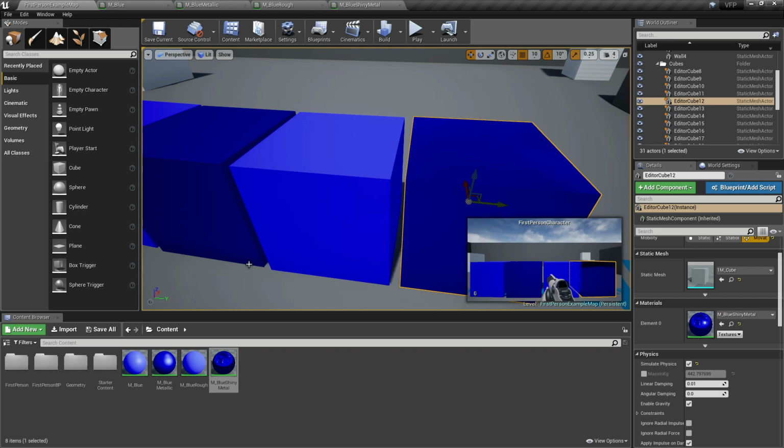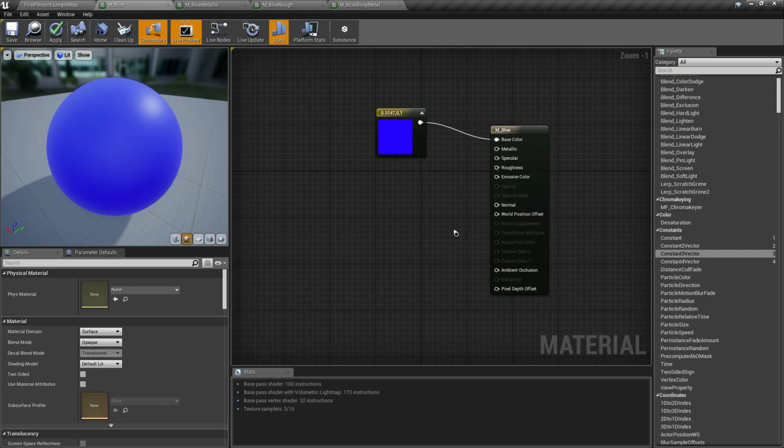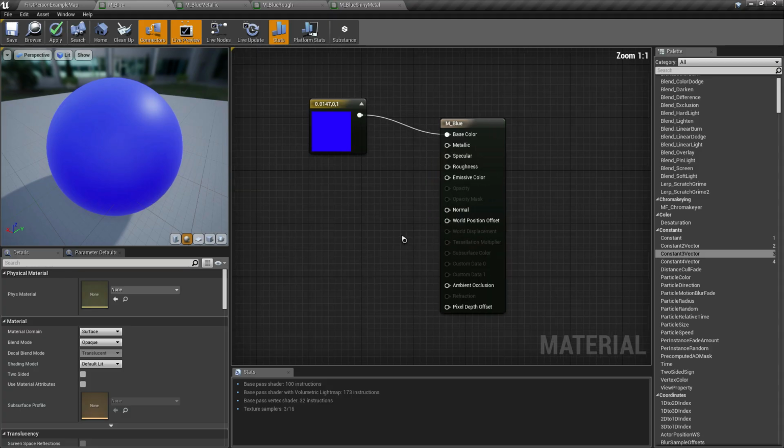Now that we have four materials, next is the fifth one. We're going to create a glowing material using emissive color. Emissiveness is what we use to apply glowiness to a material, like a lamplight.